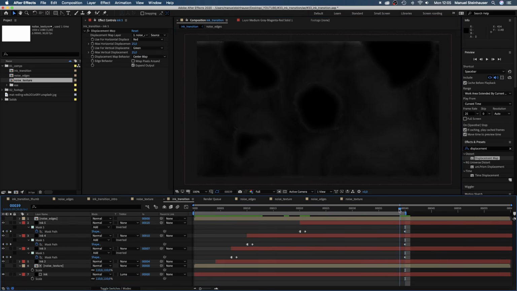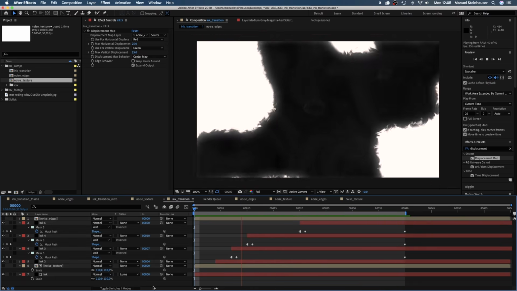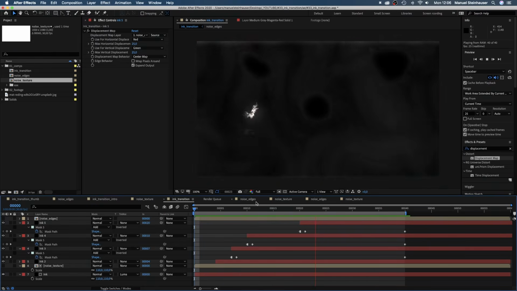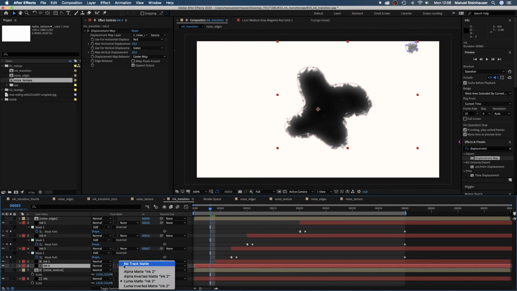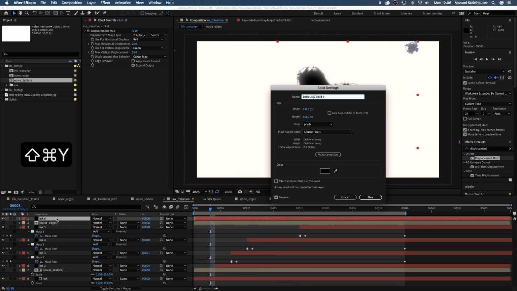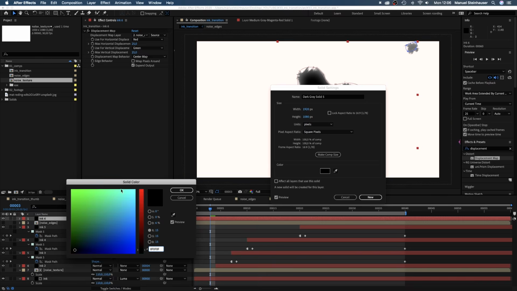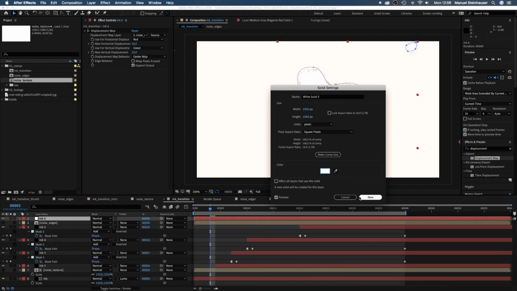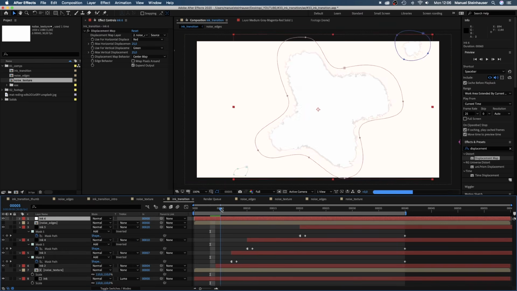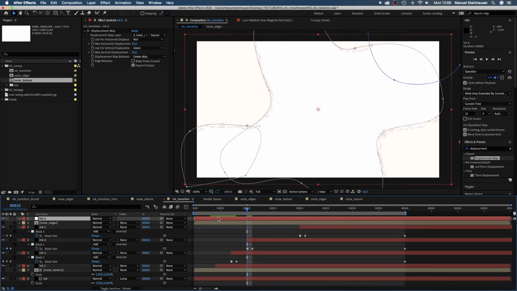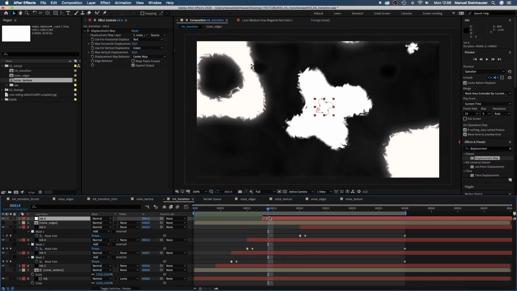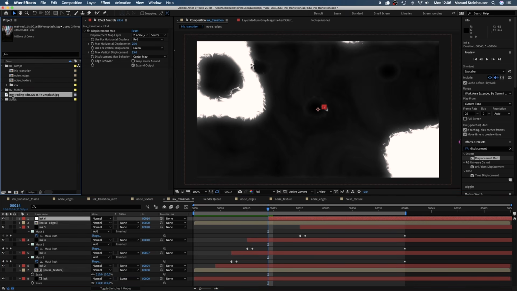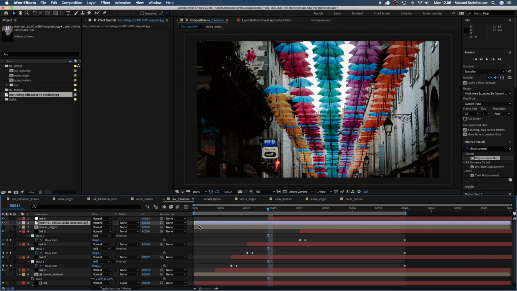Finally, the shapes are done. Let's see. Not bad, lots of details. One last thing. If you want to reveal footage, simply duplicate the ink solid and set the track matte to none and change the solid color to white. Then move the solid around 14 frames to the right, add some footage below the solid and change the track matte next to our footage into alpha matte.